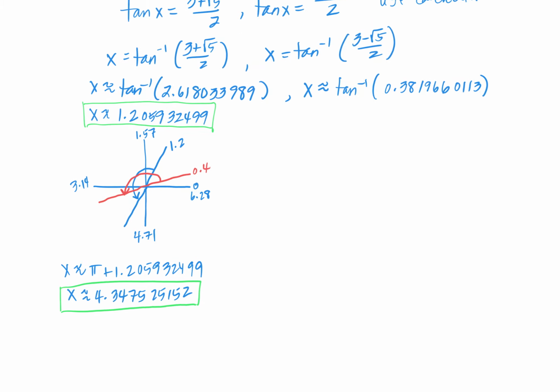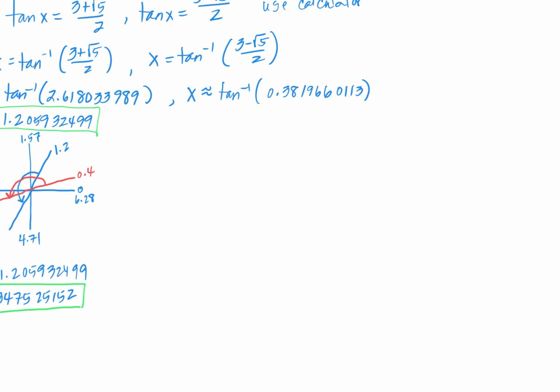So again, be very careful whenever you use the inverse key in your calculator. It's just going to give you one answer, but you may have more given the interval that you're supposed to find your solutions on. In this case, I get x is approximately, in my calculator, it's a small value, 0.3648638282. If we add pi to this, I get my second solution,